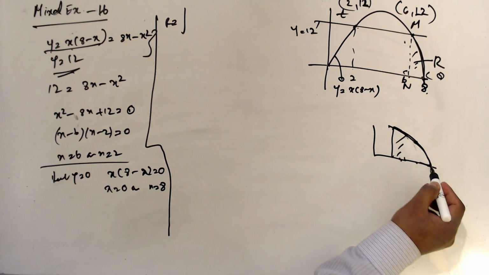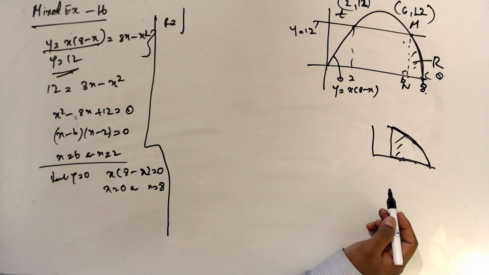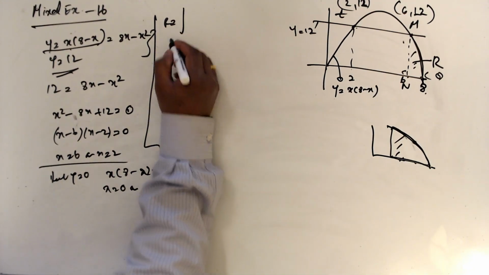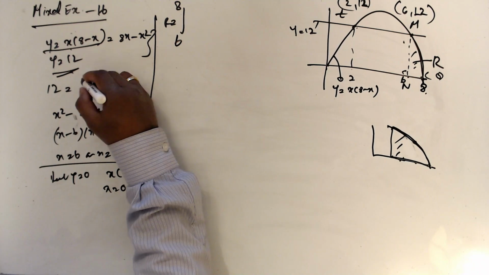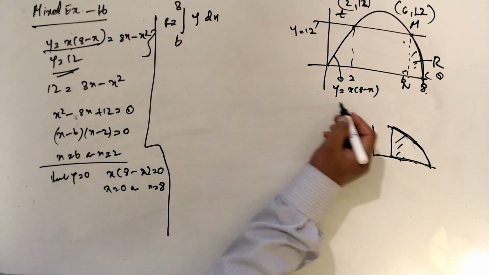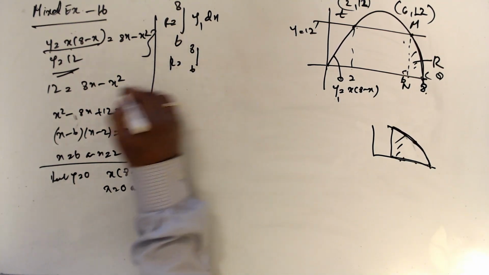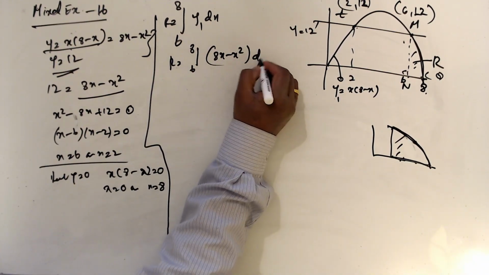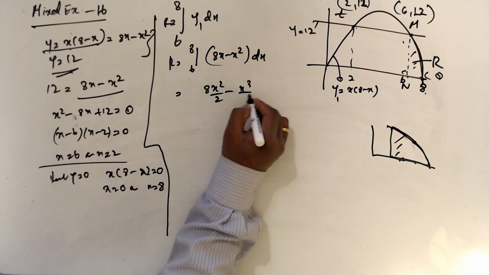There is no right boundary, so now we'll work out the integral from 6 to 8 of y dx. I'll take this as y1 dx, so R equals the integral from 6 to 8. y1 is this one, 8x minus x square dx. It means 8x square over 2 minus x cube over 3,